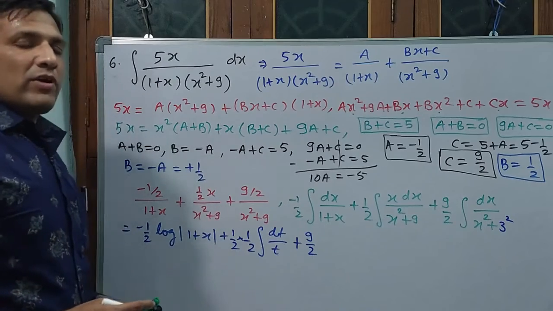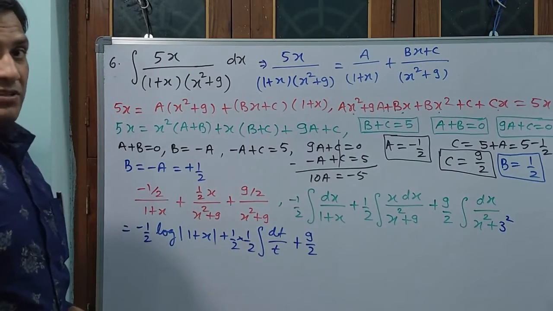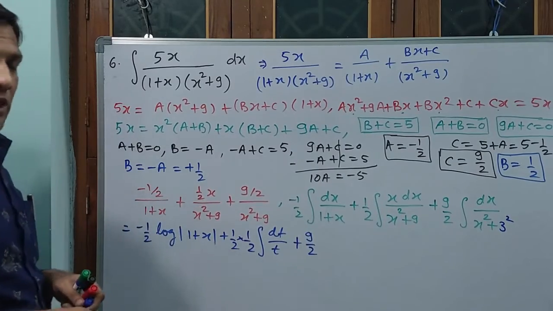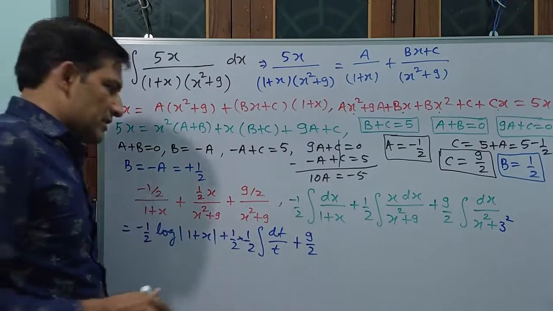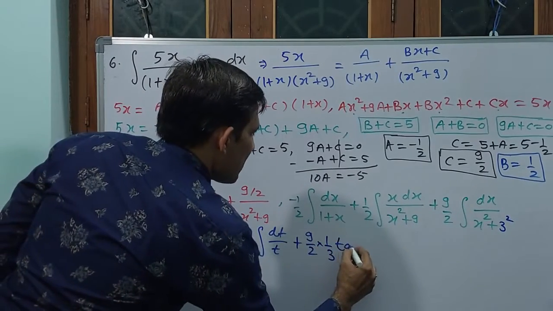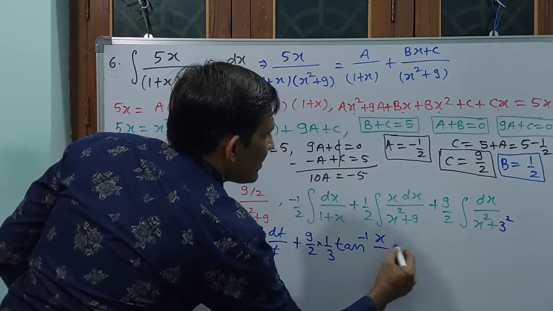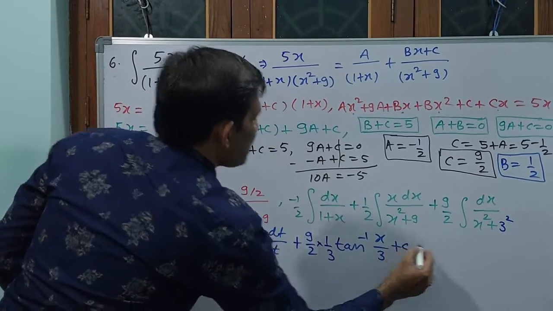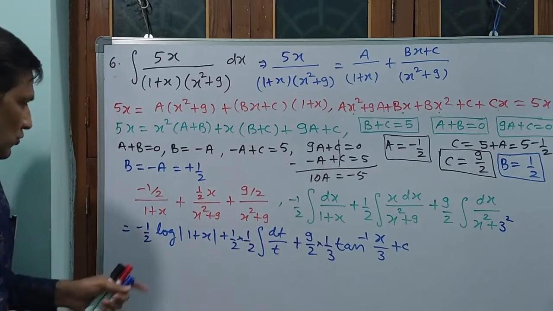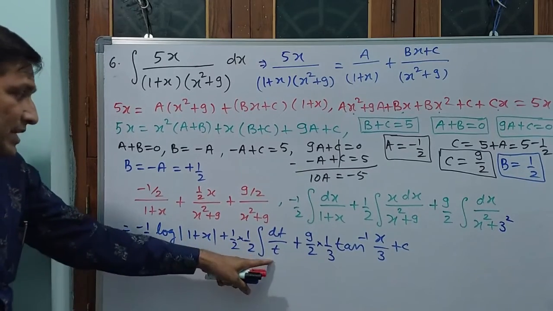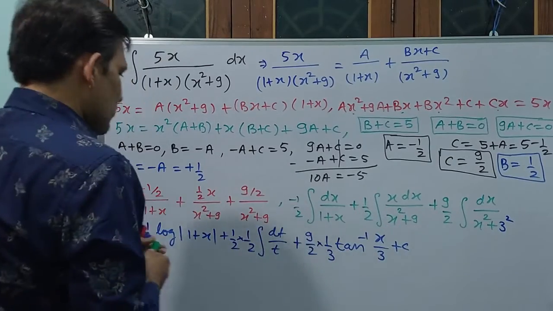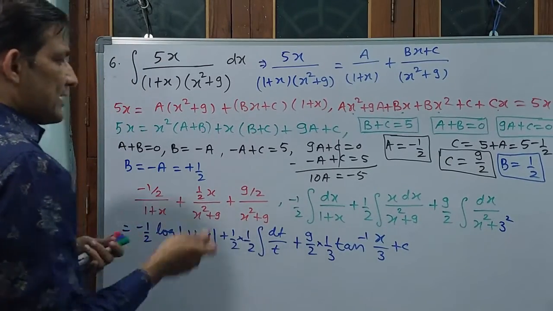1 by x square plus a square, tan inverse x by a. See, tan inverse x by a has got 1 by a also. That means 1 by 3 into tan inverse x by 3. 1 by 3, 1 by a, tan inverse x by a. Plus c you can write finally. Okay? See, you have got answer, but here dt, how to substitute log t. Log t means again directly we can write log of x square plus 9. Let us write that also.